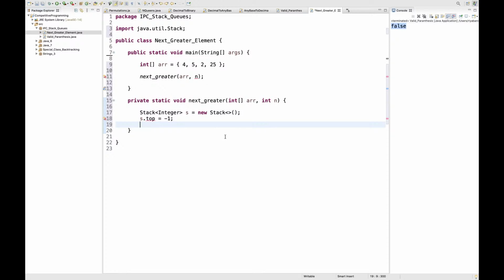Chalo. So we have made a new stack at this point, and let's say I am making the resultant array for storing all the answer values.